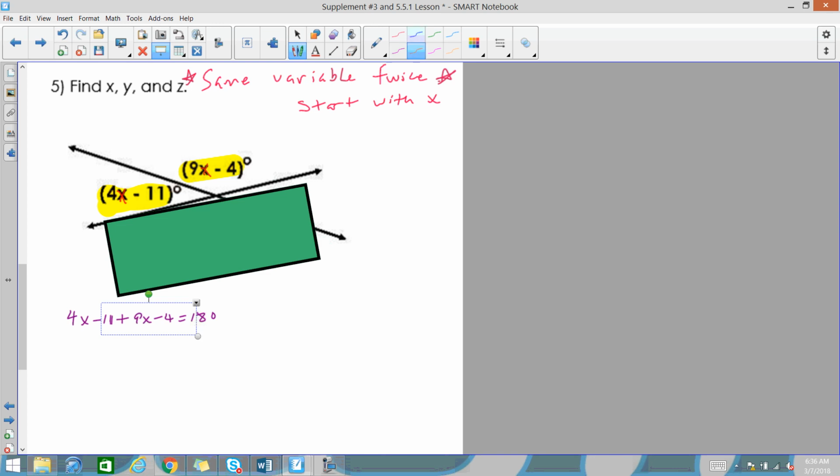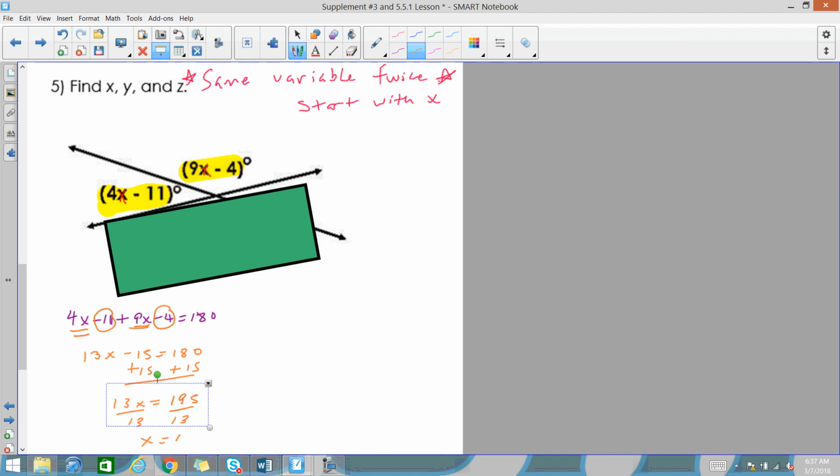So now what we do is we say, all right, just like the last problem, multiple x's, how do we combine like terms? Well, our x's are on the same side, so we don't have to move the smallest variable. We just start combining. 4x and 9x is 13x. And then negative 11 and negative 4 is negative 15 equals 180. We're then going to undo adding and subtracting. Add 15. So we get 13x equals 195. Then we'll divide by 13. And we're going to get x equals,